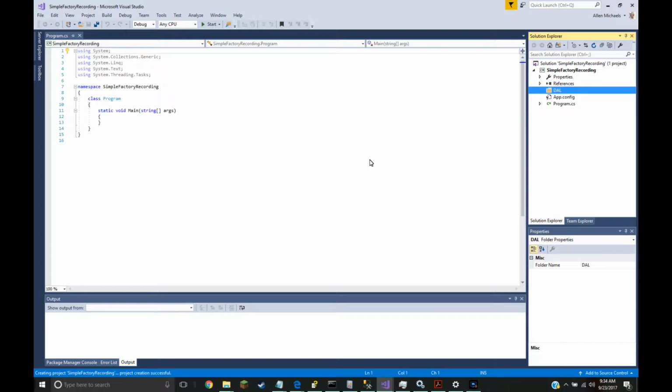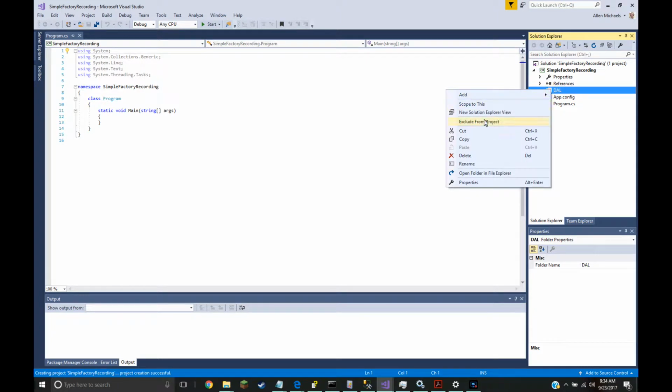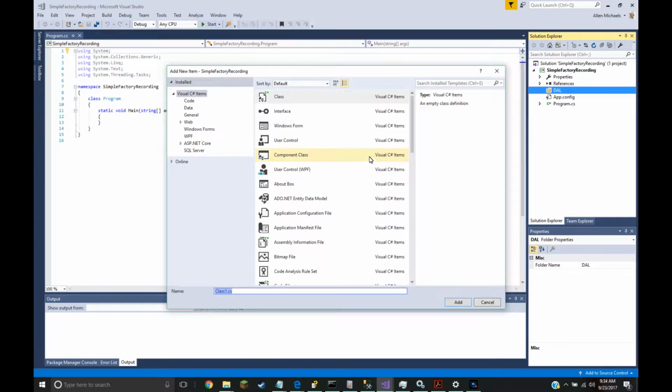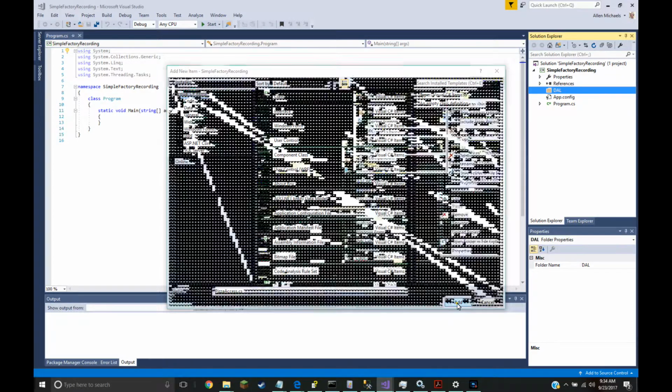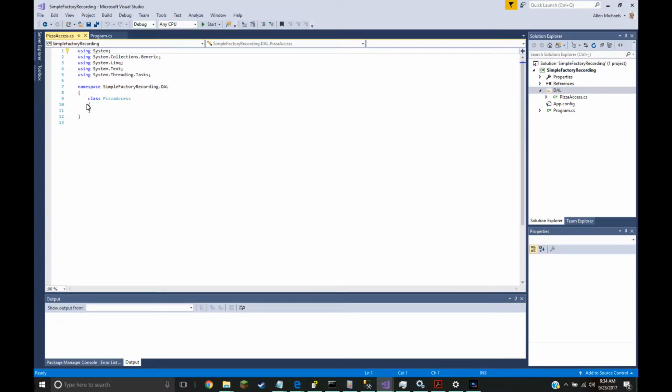simulate the data access layer like I did in the previous video in which I just gave a theory, and here we're going to add a new class that is going to be our data access layer object. Call it pizza access. So we have a pizza access class, and this class is going to